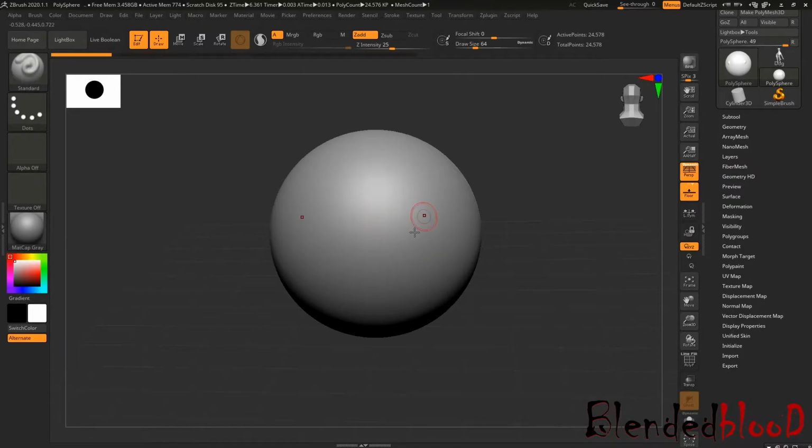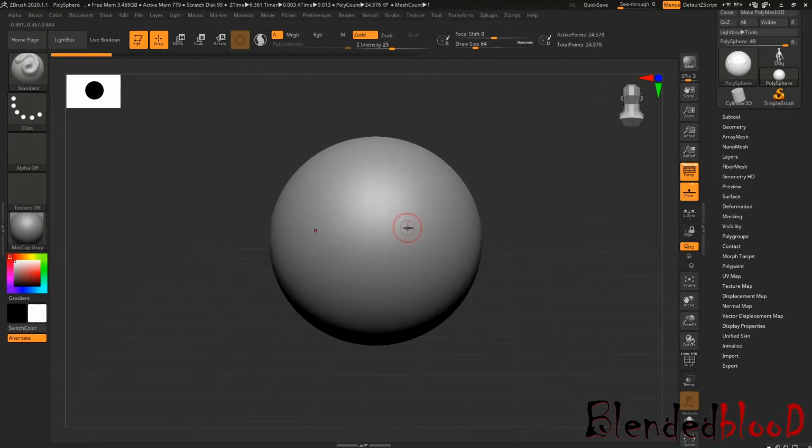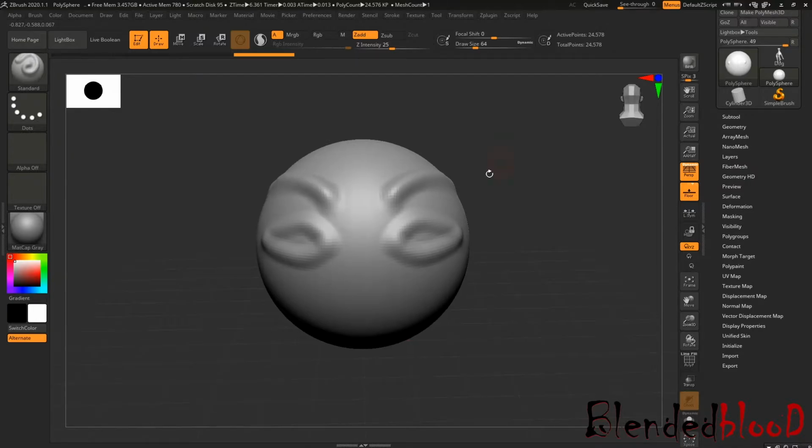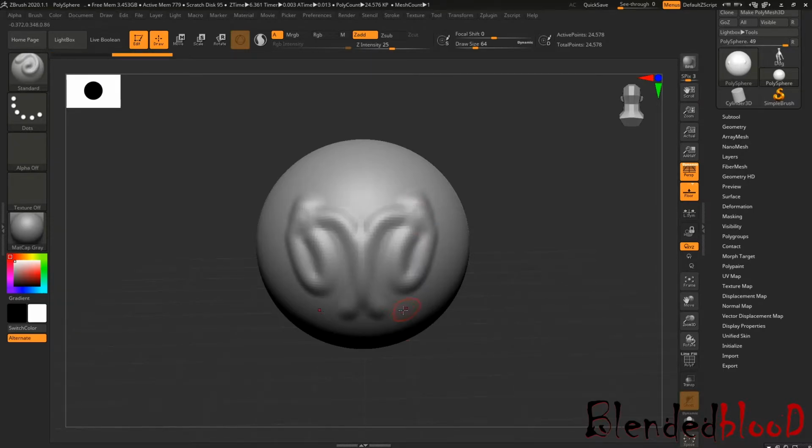If my symmetry option is turned on, then I have to work on just one side. The second will be done automatically because of this symmetry option. So make sure that while you are working with a creature or a specific human character, your symmetry option should be on.